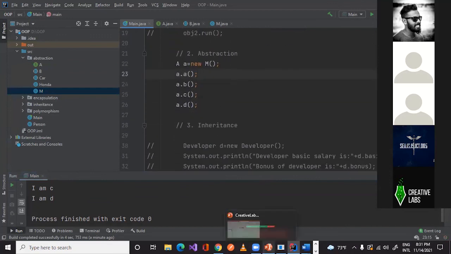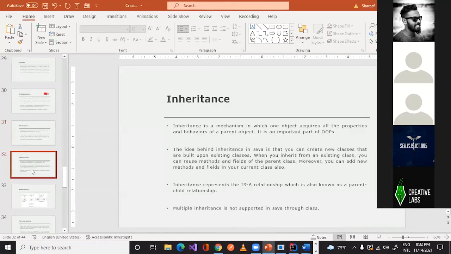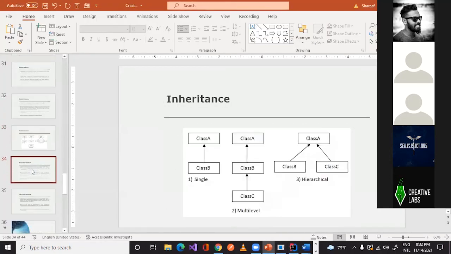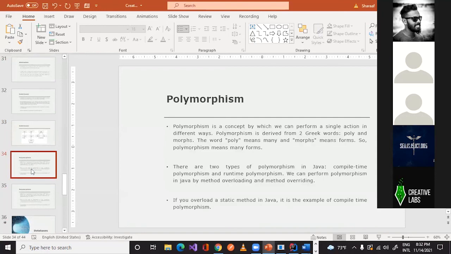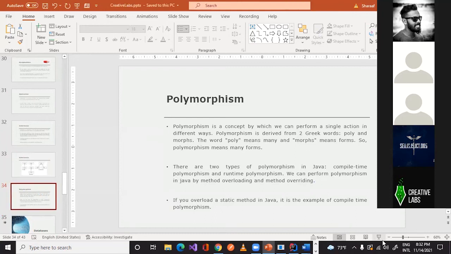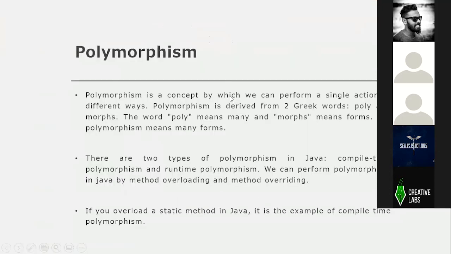So the next we talk about the inheritance. So the next one is polymorphism, right? Polymorphism is where we perform a single action in different ways, right?